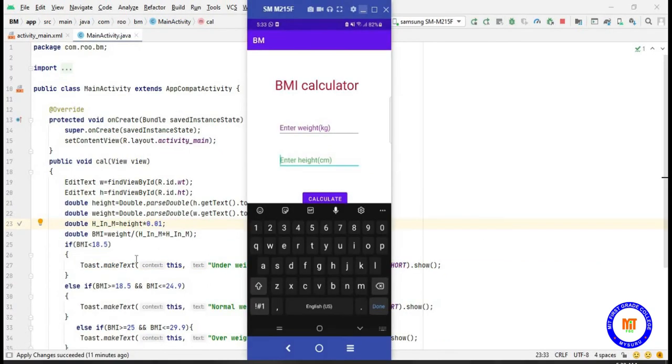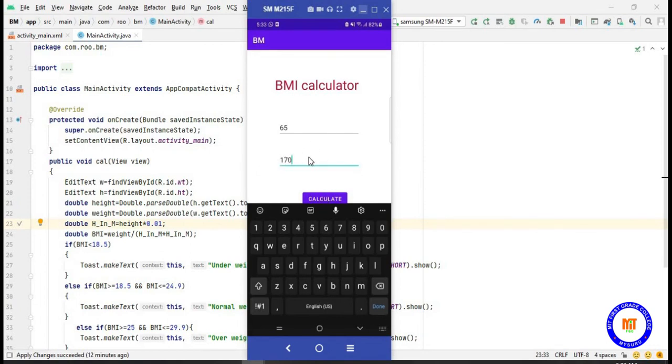Now we'll see the output of BMI calculator. I'll enter the weight in kg. Let it be 65. I'll enter the height. Let it be 170 and click on calculate. It is the normal weight and the BMI value is 22.49.